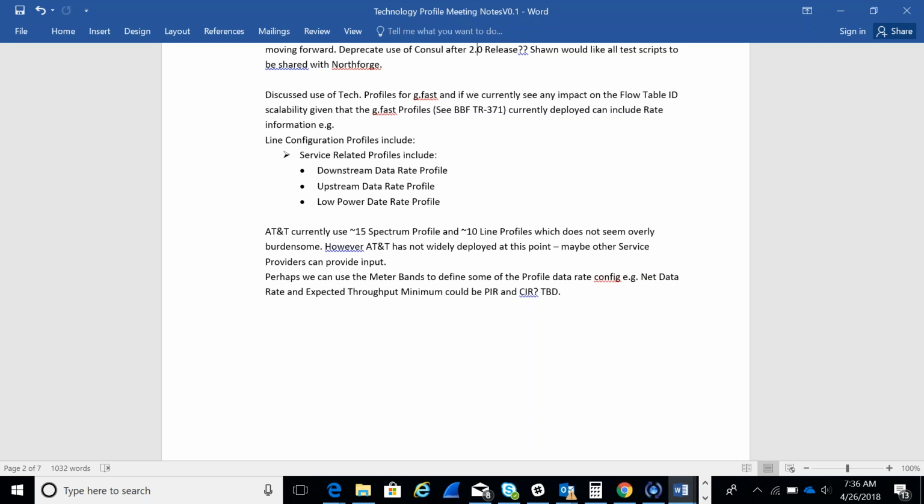One is the existing model where the DPU is managed by an in-band VLAN management channel, does the call home, connects to a PMA, and is configured by a NETCONF YANG model. Or you could view it as a white box DPU, in which case we view it as an OpenFlow switch, and we configure it the same way we would configure the OLT ONU combination, where we use OpenFlow to configure the flows, and we can use technology profiles to reference specific